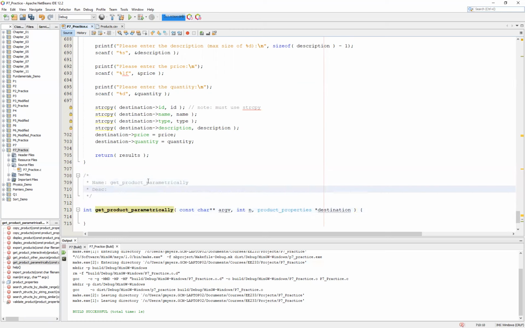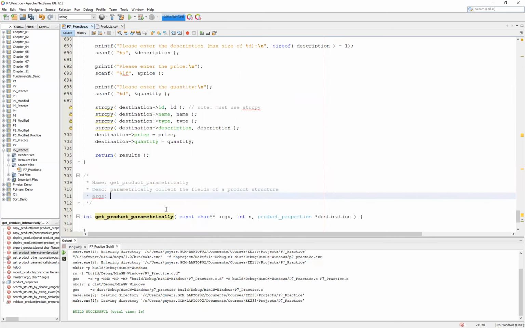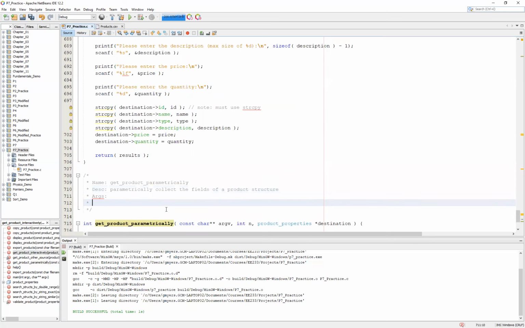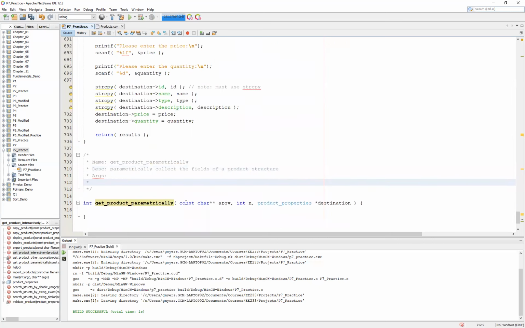We have our description, and this will allow us to parametrically collect the fields of a product structure. The idea is that this is going to be for automation purposes. I got parametrically spelled wrong, not a big deal there. And then the last thing that we want is our arguments. The arguments are going to be the constant char double pointer argv, and this is the command line arguments